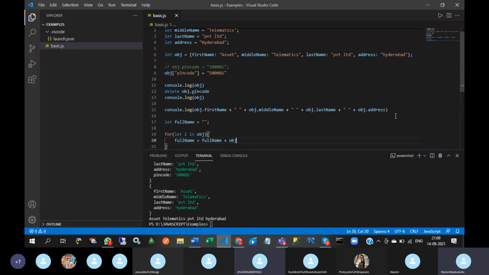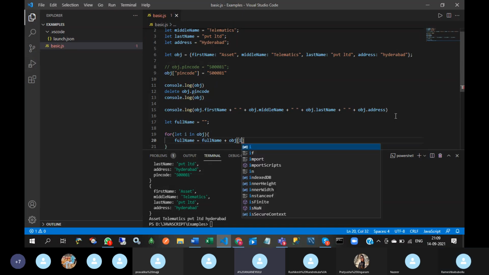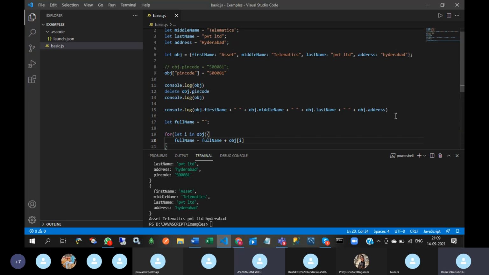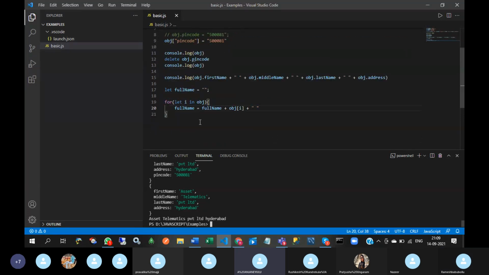I'm going to add the first element of this object, and I want to give some space, so I add some space. Console.log. This information I can display by using a for loop also.